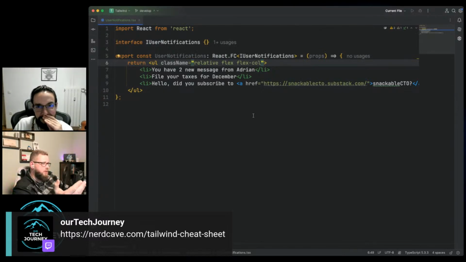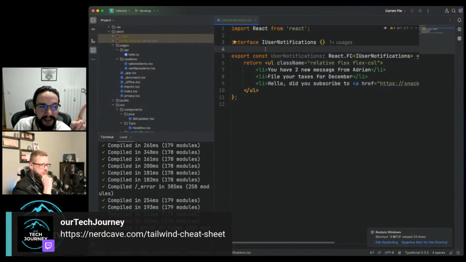Now we're coming to the point where we ask ourselves: do we already need to define the vertical gap between those elements? Probably we need to, but not right now. Maybe we don't need to do it. So YAGNI, you ain't gonna need it. Don't put it inside. YAGNI, sir, YAGNI.